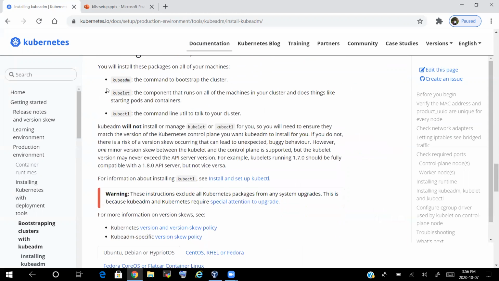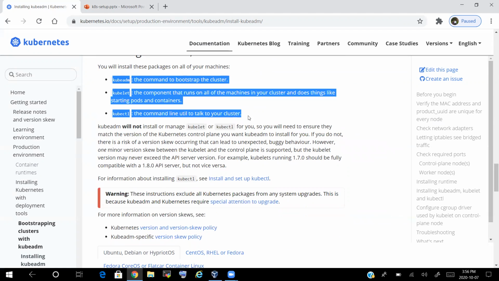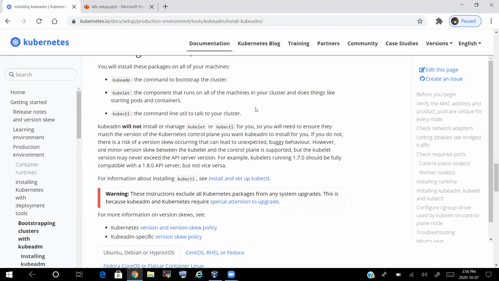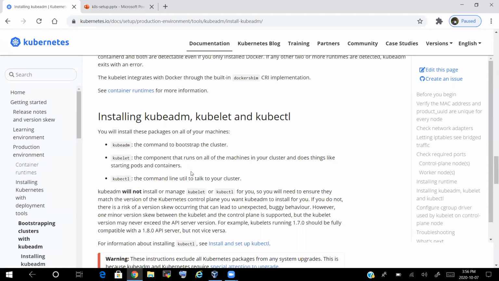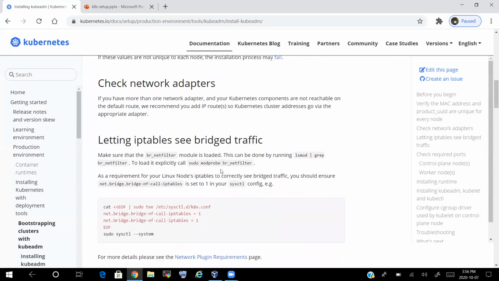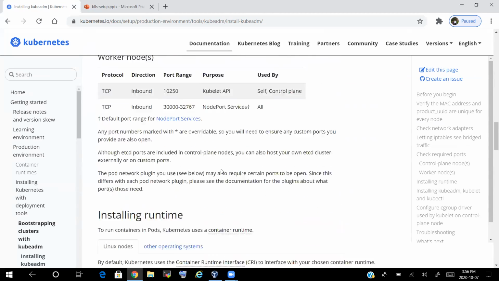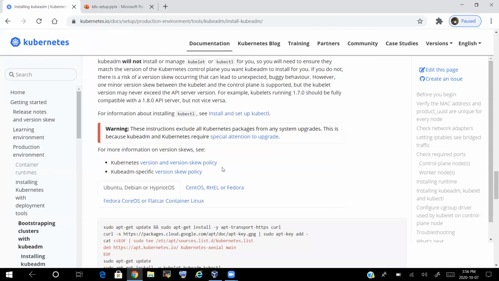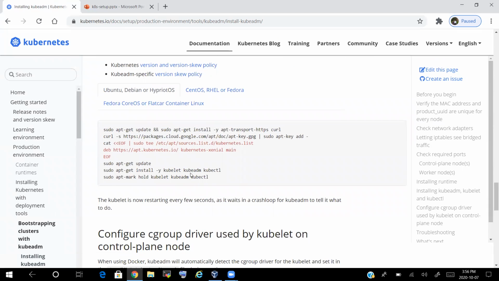These are the tools which need to be installed when you want to set up a Kubernetes cluster using the Kubeadm tool. These tools need to be installed on all the nodes, however many nodes you are using for your cluster to join. For all the nodes, you have to follow the steps mentioned. Now let me show you one by one what needs to be done, and then I will show you the packages that are needed to set up your Kubernetes cluster using the Kubeadm tool. Let's jump into the demo.